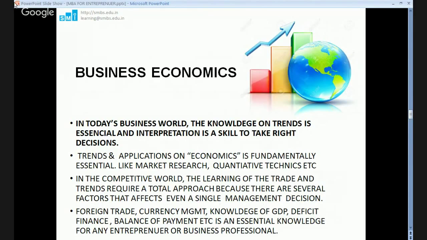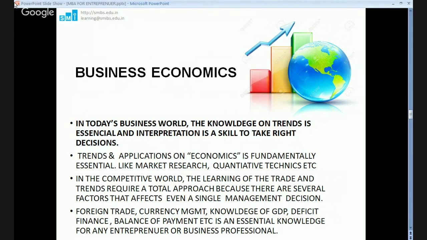Common sense comes by education. General knowledge comes by reading or knowing. Business economics. In today's business world, knowledge of trends is essential, and interpretation is a skill to make the right decisions. For the same problem, two people may have two different